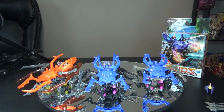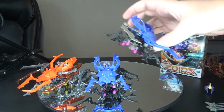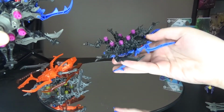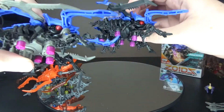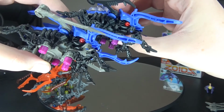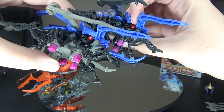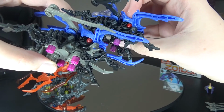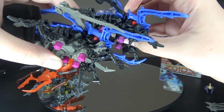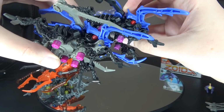And the last thing I guess I should mention before I forget is, of course, the eyes. The eyes are a big point of contention with me and with a lot of other people when it comes to the Zoids Wild kits in the Hasbro line, because the eyes are so nice on the Takara Tomy ones, because they're individual little pieces that are metallic. The eyes are just molded in here on the Hasbro ones, as I've mentioned, and that's particularly noticeable here with